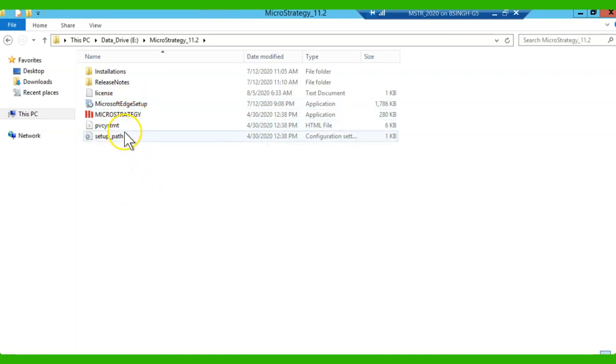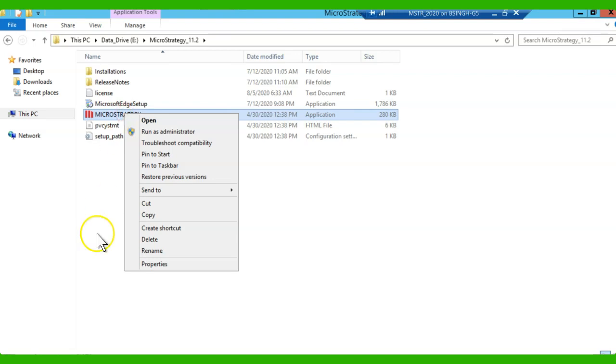Okay, so let's go ahead. Once you have downloaded your installer, you have to provide some information like your name, your company name, and your email ID. Though they ask for a business email ID, you can use your own email ID also. On that email ID, you will get the license key. I have my license key in this license file, which is just for a 30-day trial. So you can use MicroStrategy for 30 days without any charge.